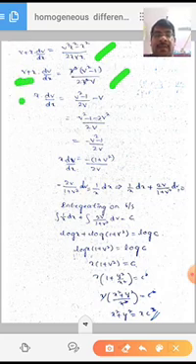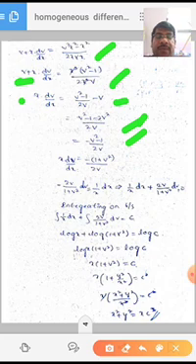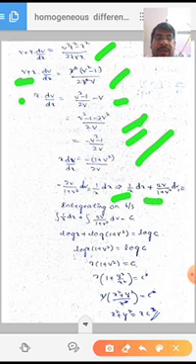This v comes to the right side, that is, it goes to minus v. We have to simplify it, LCM 2v, v square minus 1 minus 2v square. Simplify it, minus (v square plus 1) by 2v. Here by using the separation of variables x and v, it goes to the form minus 2v by (1 plus v square) dv is equal to 1 by x dx. That is, 1 by x dx plus 2v by (1 plus v square) dv equal to 0.